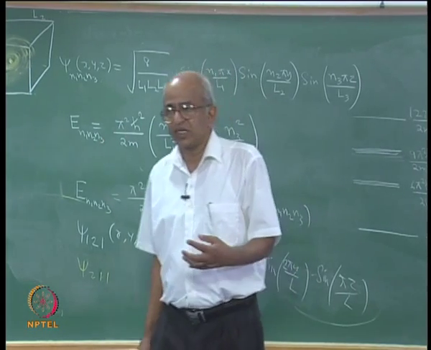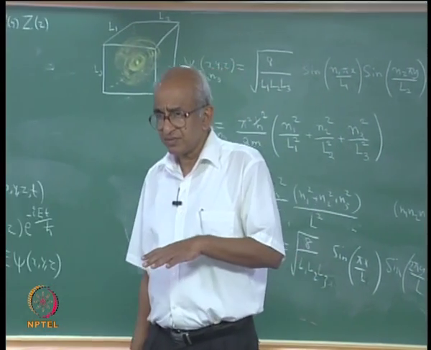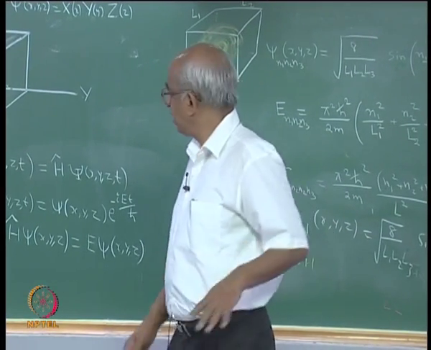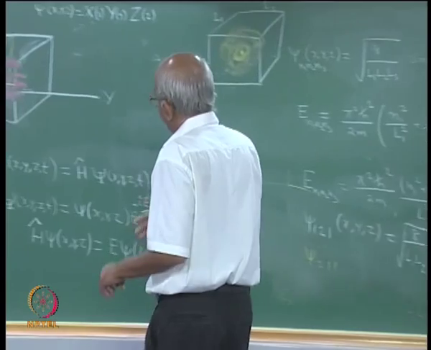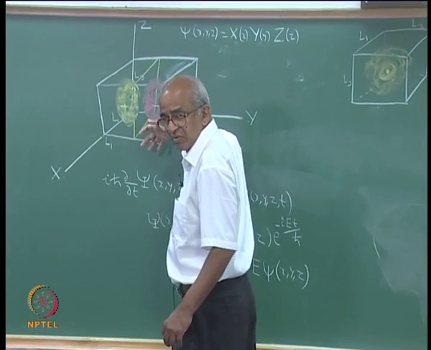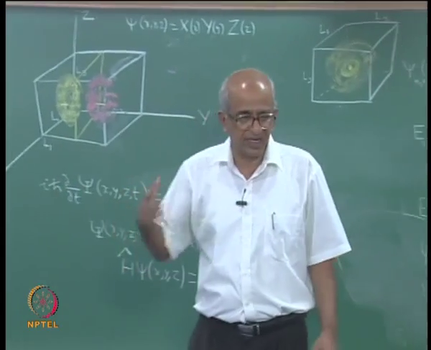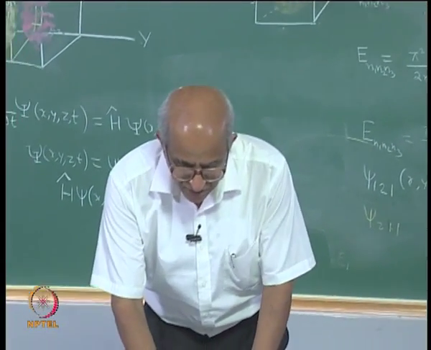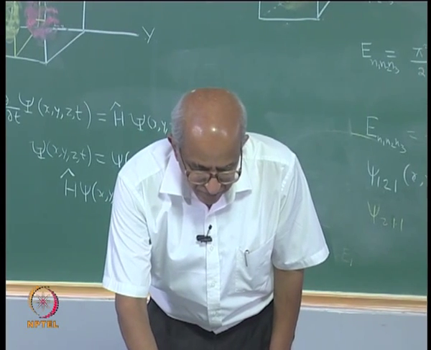What will happen is that it would have a node which is at x is equal to L by 2, and where will that be? It will be actually a plane perpendicular to this plane, the earlier node plane, nodal plane actually. Now, I do have a mathematical program which can show you all these things.